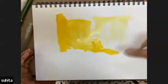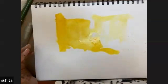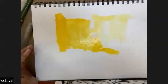The trouble is, if I did this outside, it would be dry quickly, especially in a hot, dry country. But today,